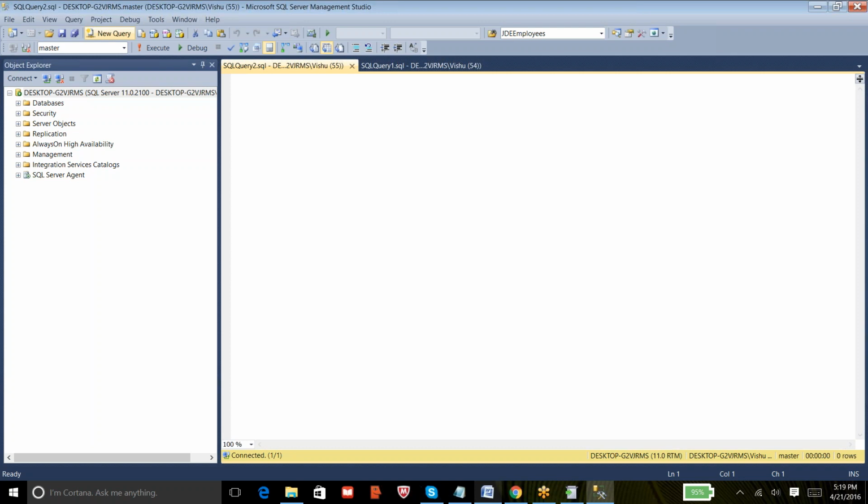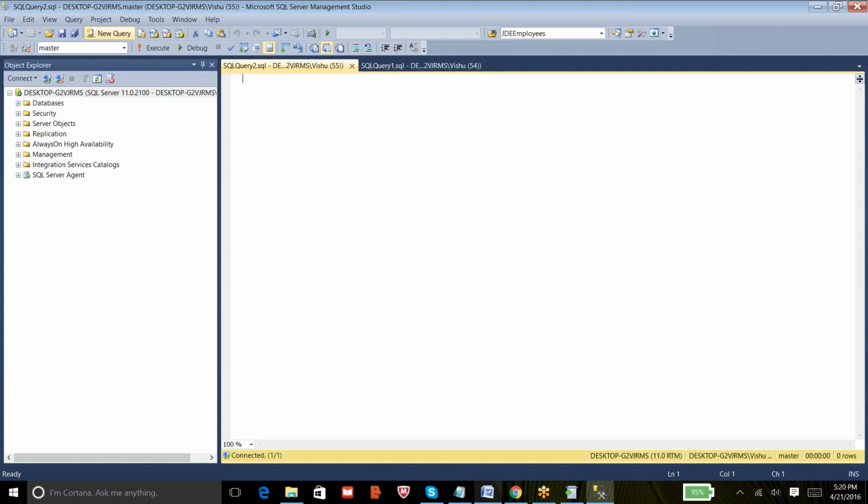SQL Server itself runs a checkpoint. The keyword is checkpoint. SQL Server runs checkpoints roughly every 60 seconds, and a checkpoint checks all the data in the LDF file, and whatever data is committed will be flushed from the LDF file to the MDF file. So this is what usually happens at the backend.